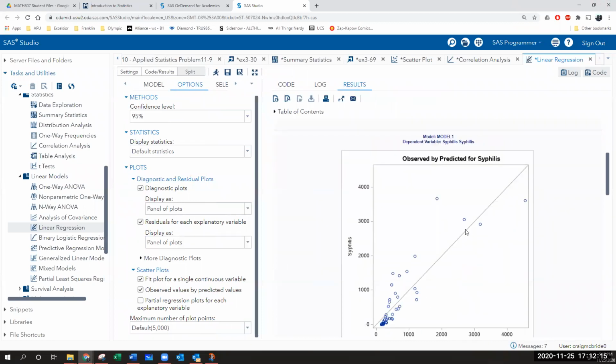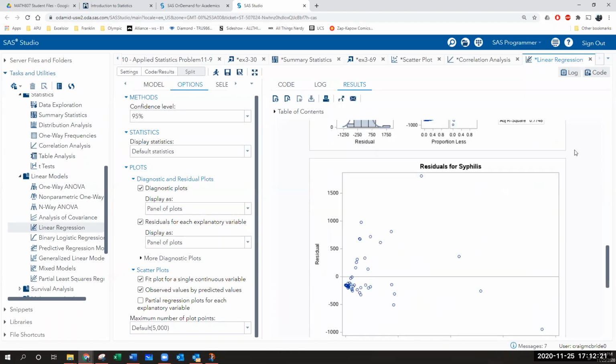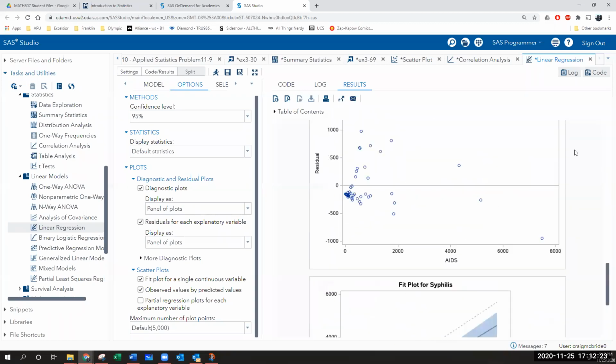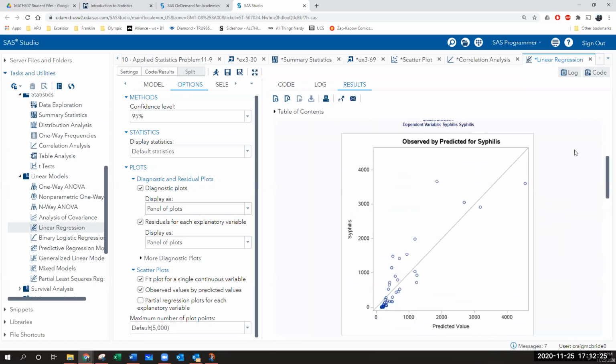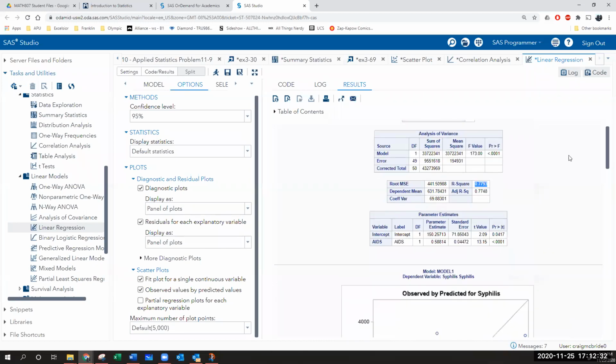And then here is your scatter plot with the fitted line. And then it gives you a bunch of extra stuff that you don't care about. So you don't have to worry about any of that stuff. So, it is a way of getting everything all at once, and it also gives you R squared. And the really important thing is it gives you your regression equation down here.